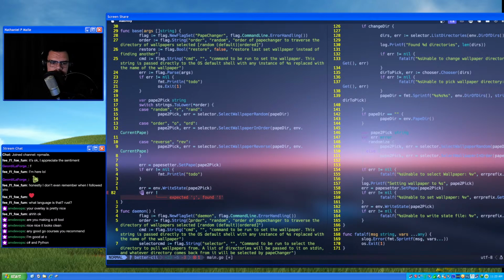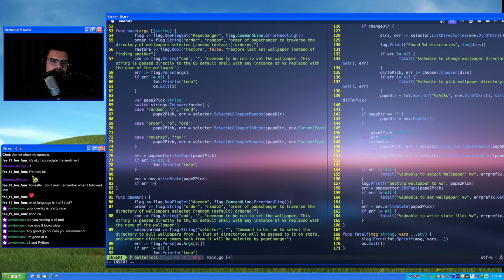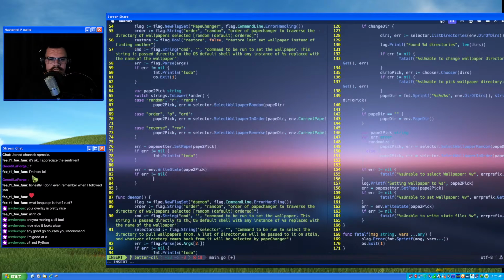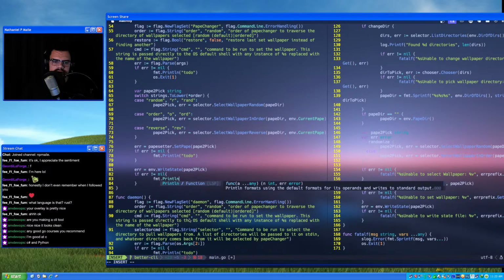If error is not equal to nil, oh jeez, having trouble typing today, fmt.Println todo.